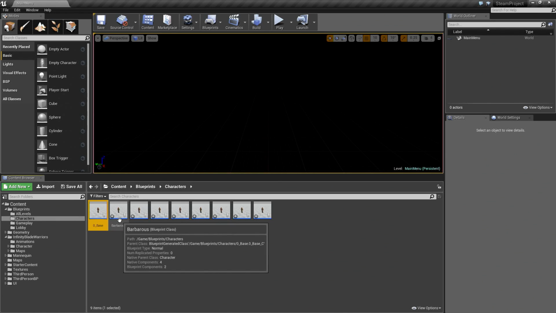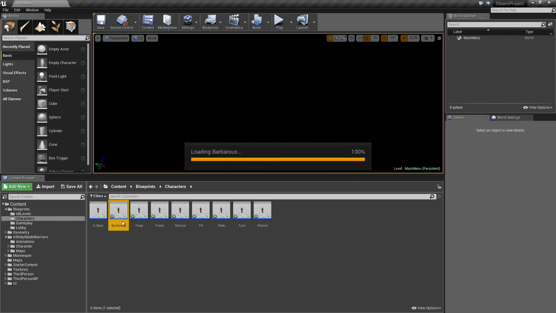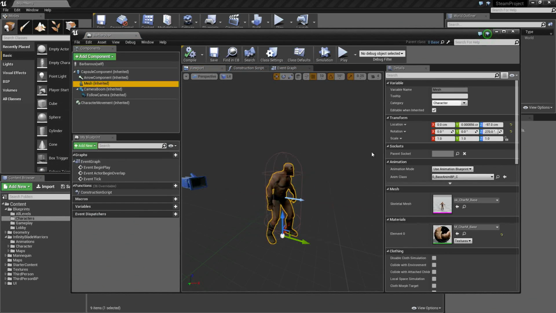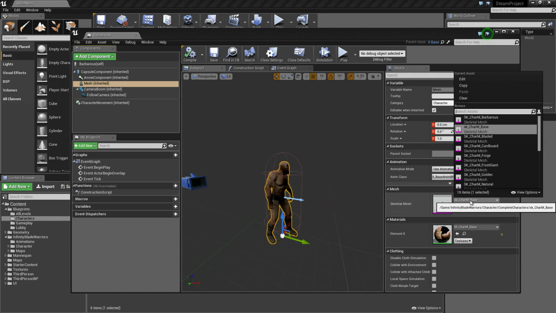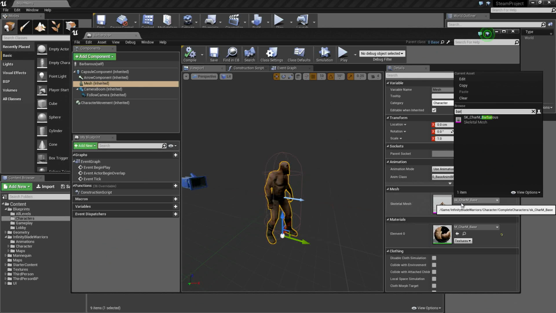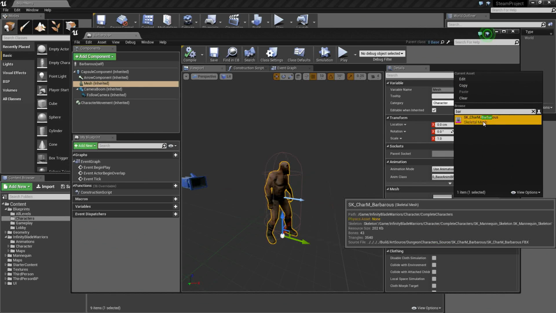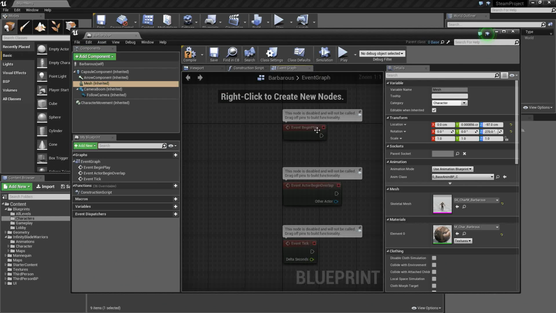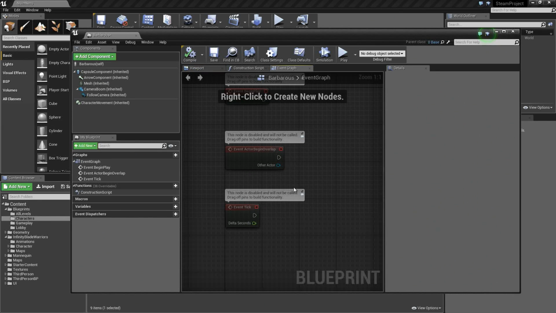So if I open up each of these and assign the mesh, let's open him up. He's already idling. I can select the mesh. Let's change it. This guy is Barbarous, so we could search for that. There's Barbarous. Go ahead and select that. So now there's a new character idling for us. Perfect. Again, he doesn't have any script on here because it's all inherited from our base class. So if we wanted to provide some custom functionality for this character, we could do that here. So let's save that. Barbarous is set up.